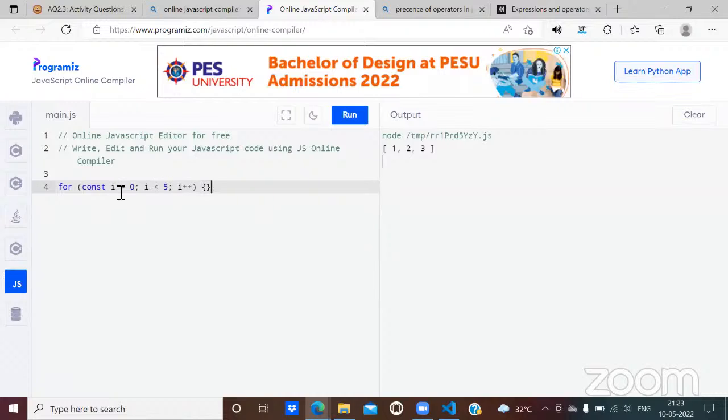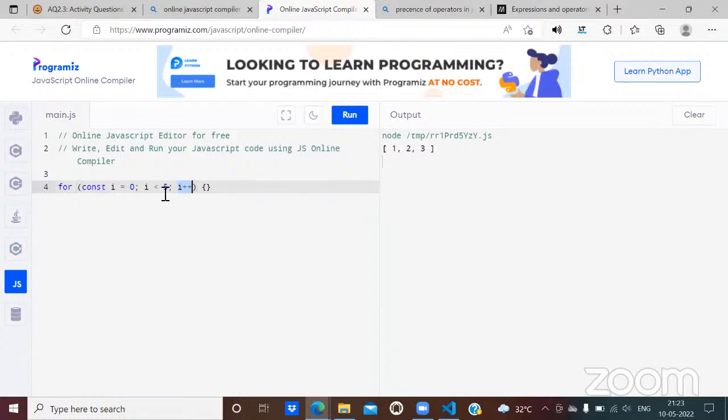For example, if you iterate over it for the first time, i is created, the value of it is 0, you execute this function body, that is okay. But what happens when it comes again and says, okay, the value has to be incremented? Even if it has created a new copy, let's say the new copy is i = 0, it's a new copy. But the moment you try to do i++, it is trying to change the value of a constant variable. So it would straight away give you an error. So if I click on run,